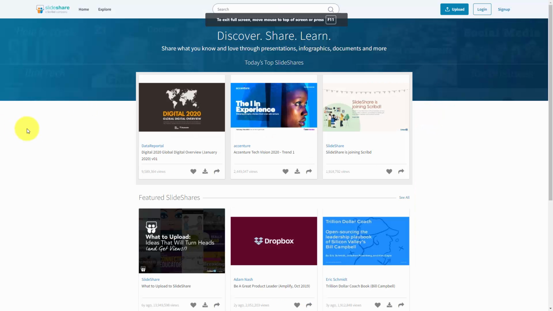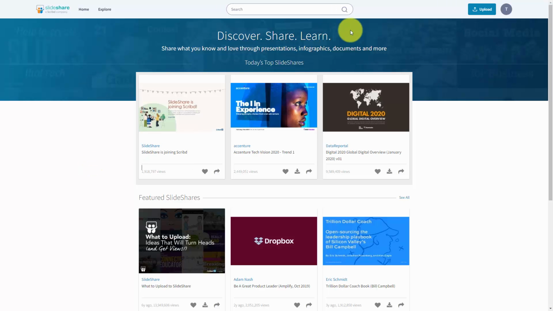For example, one document sharing site that you can use is called Slideshare. And Slideshare is for slide or presentation based content in order to upload and share using this site. What you'll need is an account on the site. And Slideshare works like many document sharing sites. You're going to need to create an account and you're going to use that account in order to share your